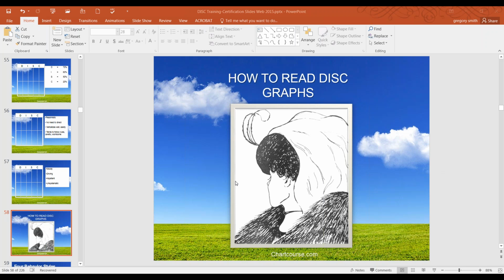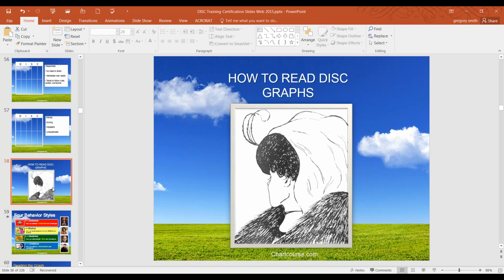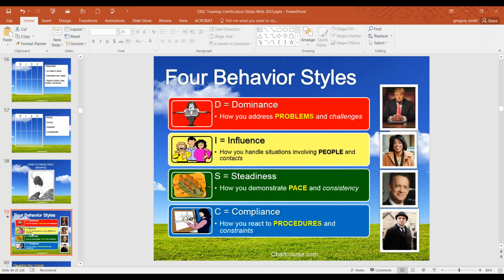Okay, have you ever seen this old picture? What do we see? We see the old lady or we see the young woman. And it's sort of like the same thing with DISC graphs. And if you recall, we have four